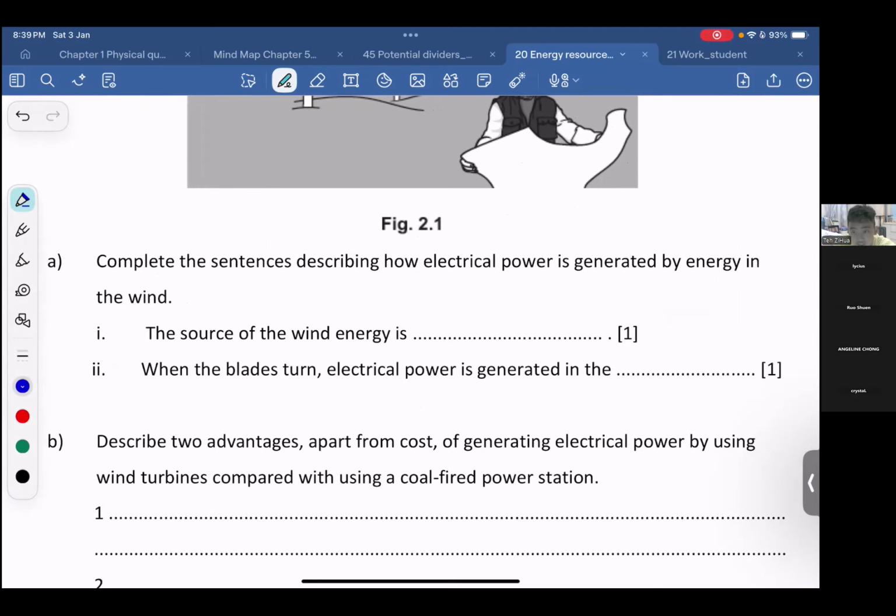Wind energy, the source comes from, Angeline, correct, the sun. Because of the sun, in the process, at the end we have the wind. Okay, when the blades turn, the electrical power is generated